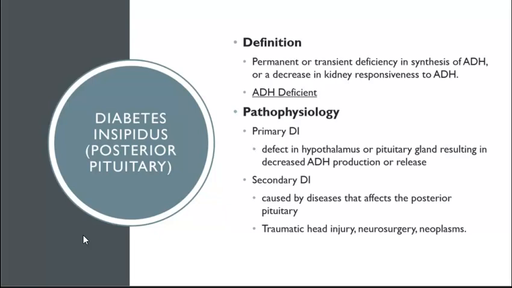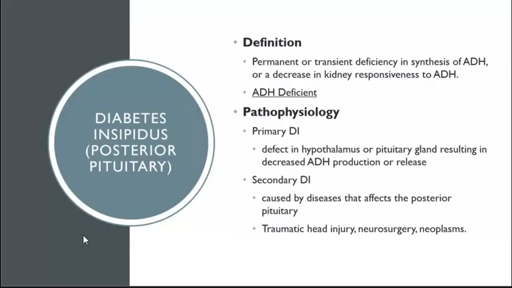Now, when we think about the scientific aspect of ADH, or the patho behind it, what ADH is actually doing is putting an aquaporin onto the cell membrane so water can get inside the cell. If we do not have ADH, we do not have the aquaporin going on the cell for the water to go in, so there is no water in the cell. What's happening? The patient's drinking and drinking because they're so thirsty, and then it's not going anywhere except right out of them. They are peeing massive amounts and they're drinking massive amounts.